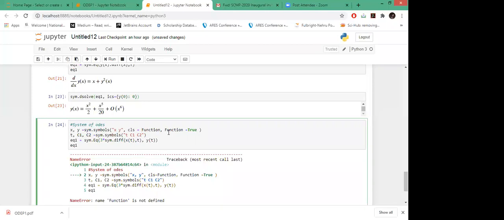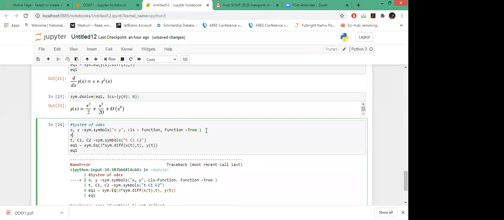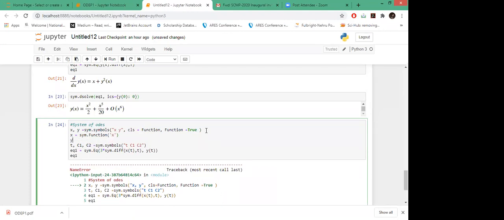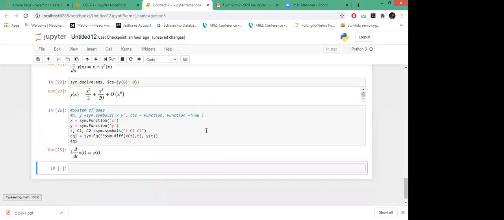I don't know why this is giving an error because I've used it before. Okay, instead of this, let me just take it as x and y, and function is x, and similarly I can define it for y. Okay, so this is your first equation.